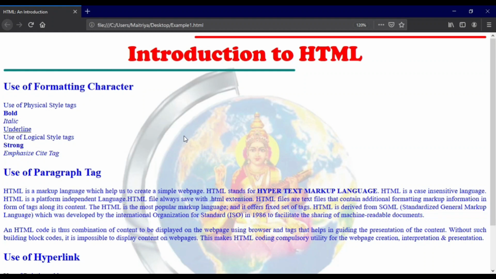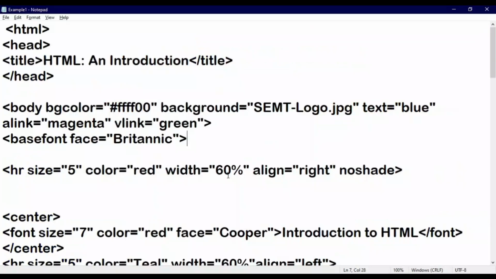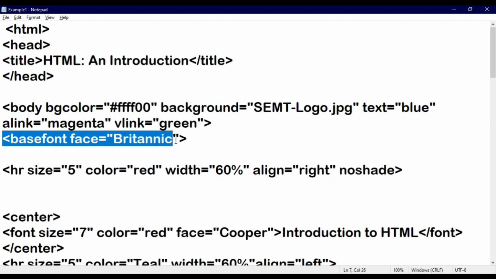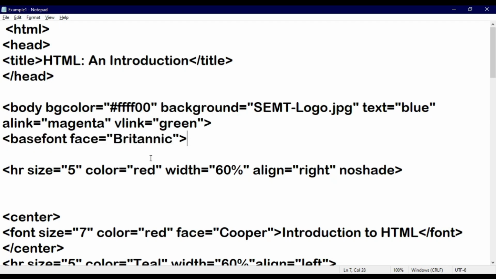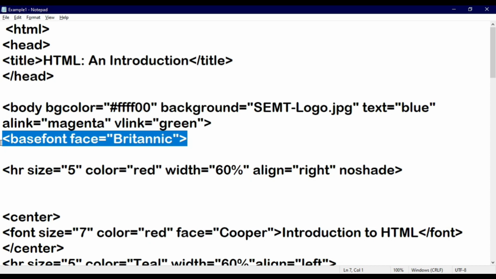That means at the beginning of HTML code, if we want to decide which default font to apply in our web page, that is possible with the help of basefont only, right? Using that you can do it very easily. But as here we have provided the font size, it will not be applicable. So keep this in mind, right?